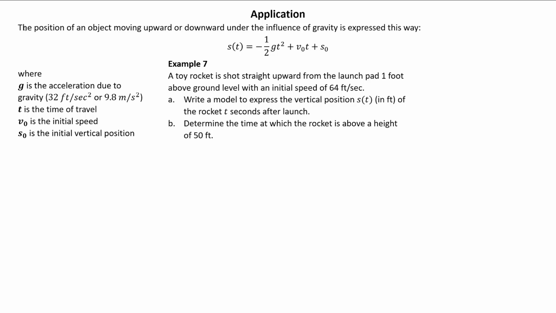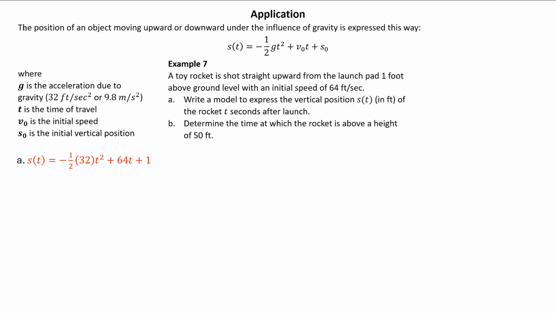So this problem gives us all that information. Toy rocket shot straight up from the launch pad 1 foot above the ground, so that's S sub 0. And then initial speed is 64 feet per second, so that's V sub 0. And we want to write the model to express the vertical position of the object S of t. So S of t, we're just plugging in what they gave us into that function we started with. So negative 1/2, 32 feet per second squared for the acceleration due to gravity, t squared plus 64t plus